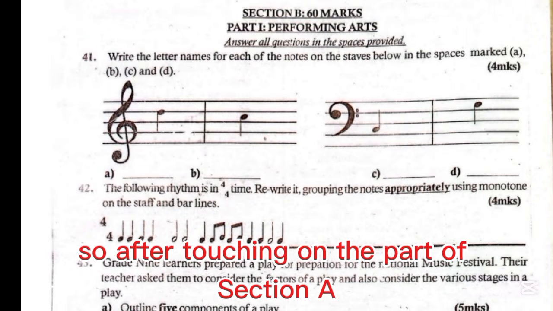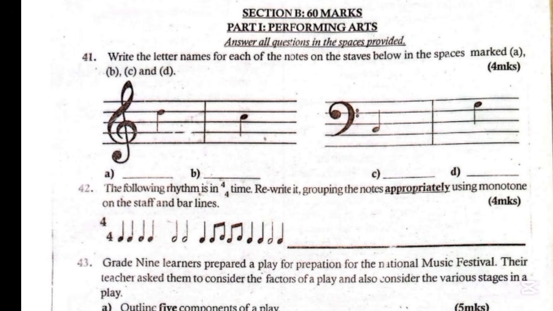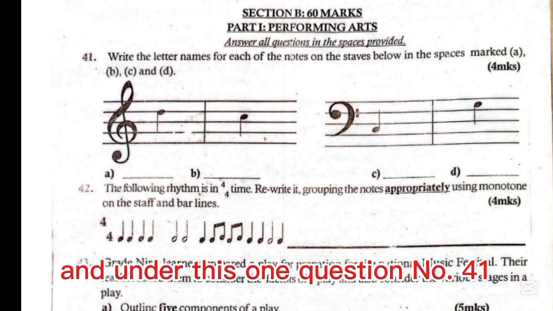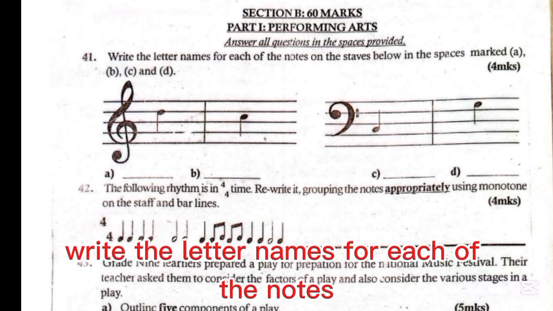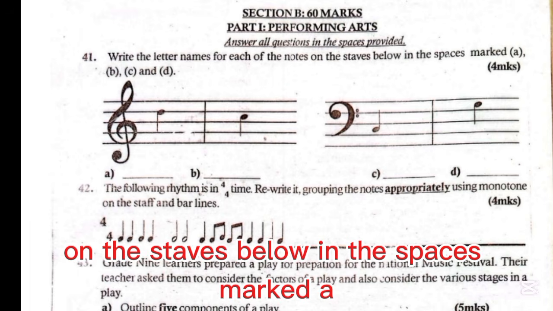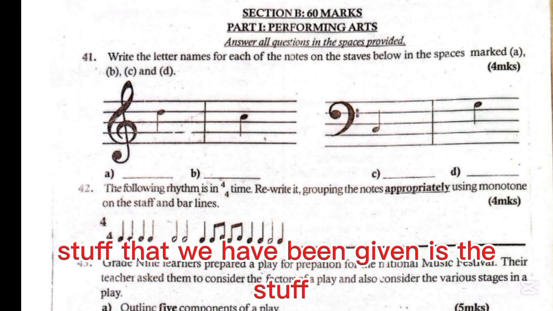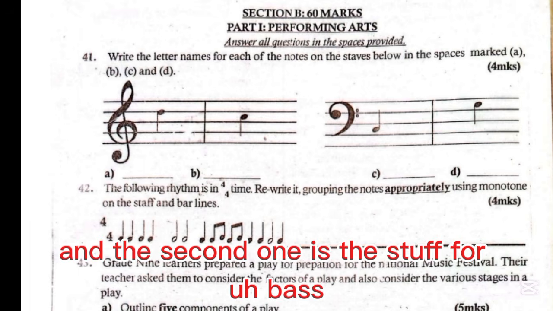So after touching on part of section A, let's now look at section B, where we have 60 marks. Under this one, question number 41 asks you to write the letter names for each of the notes on the staves below in the spaces marked A, B, C, and D. The first staff we have been given is the staff for the treble, and the second one is the staff for